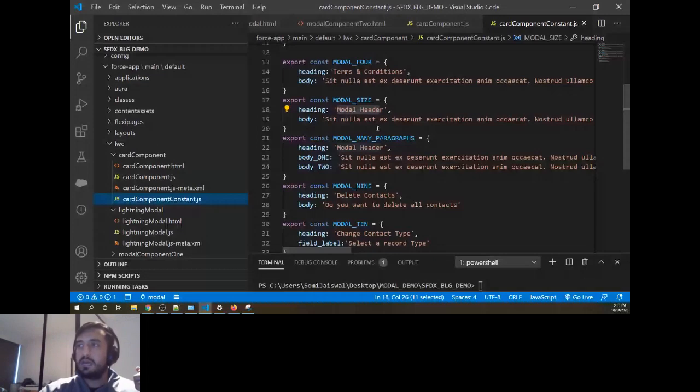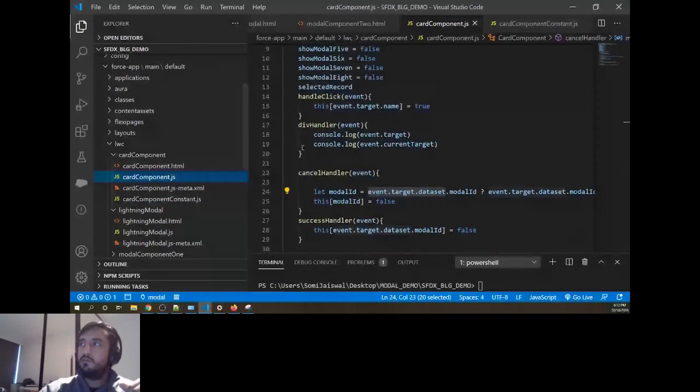That way I'm not cluttering my component with imports. If I have to import around 20 or 30 custom labels, my component itself will start from line 30, right? So use the power of import and export, and keep all static data in separate files. If I make a mistake, I have to change it in one place only. I don't need to go and search with Control F.